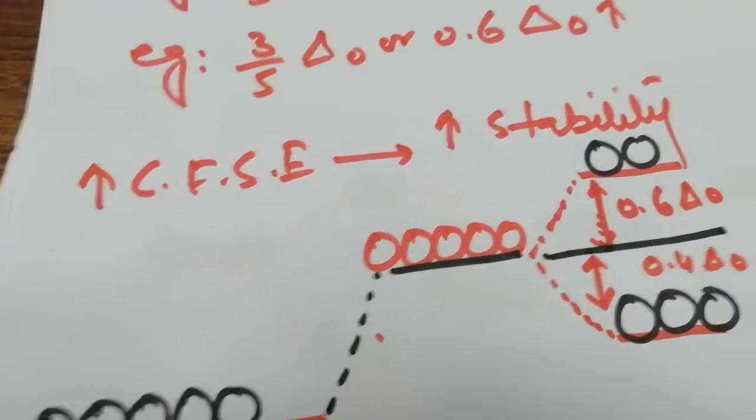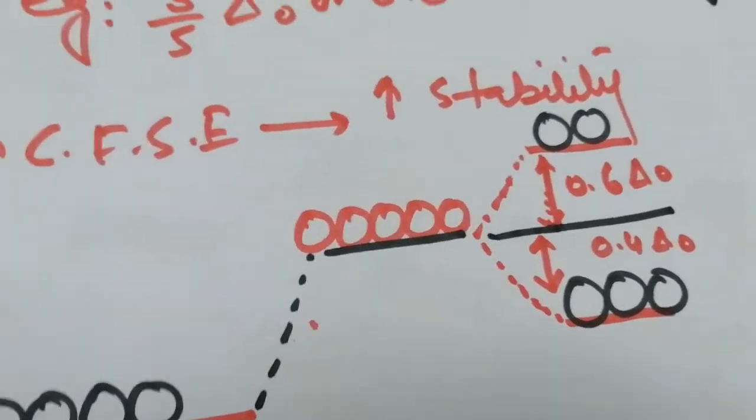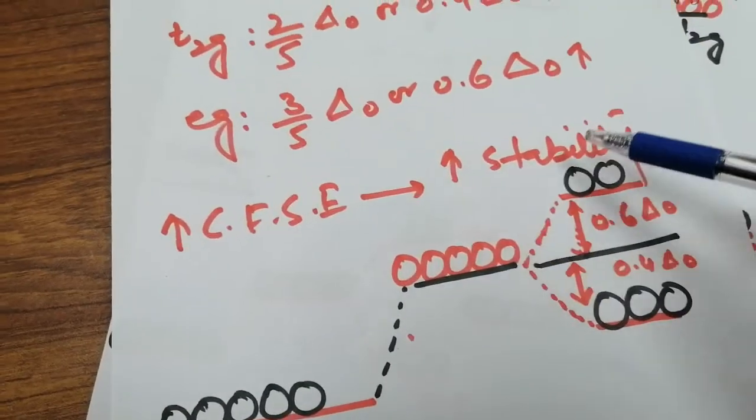And because of the repulsive forces, the energy will increase. From the ground level, the energy will increase, so they will get high energy. Then after the energy increases, they split into